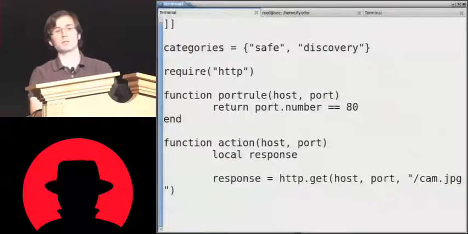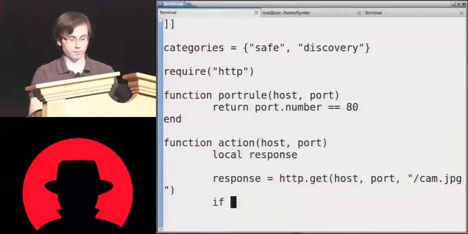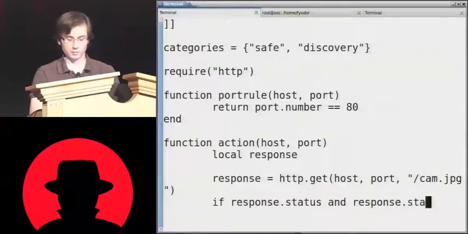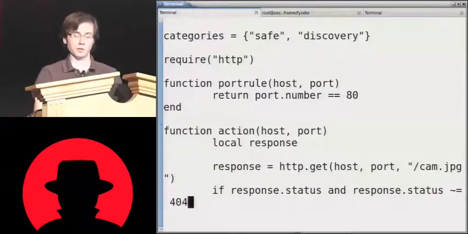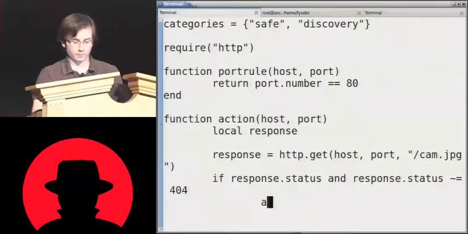And now we want to test if this actually works. So we're going to say if response.status and response.status is not equal to 404, right? Because that's no good for us. This is how you say not equal to in Lua. And